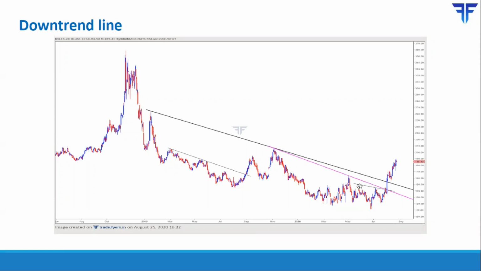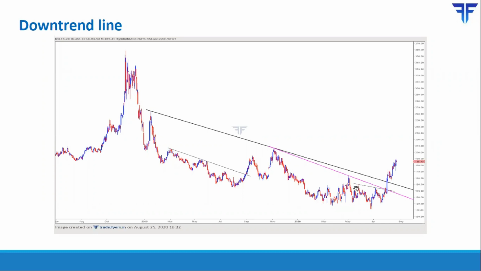This neckline, if you see, was broken over here, and at the same time, this intermediate trend line is also breaking. So what we have is a dual confirmation. Not only is price breaking above this intermediate trend line, but it is also breaking above the neckline of a bullish HNS pattern. Now, whenever you are getting a confluence of signals, it indicates a strong reversal in trend, which is what happened over here.